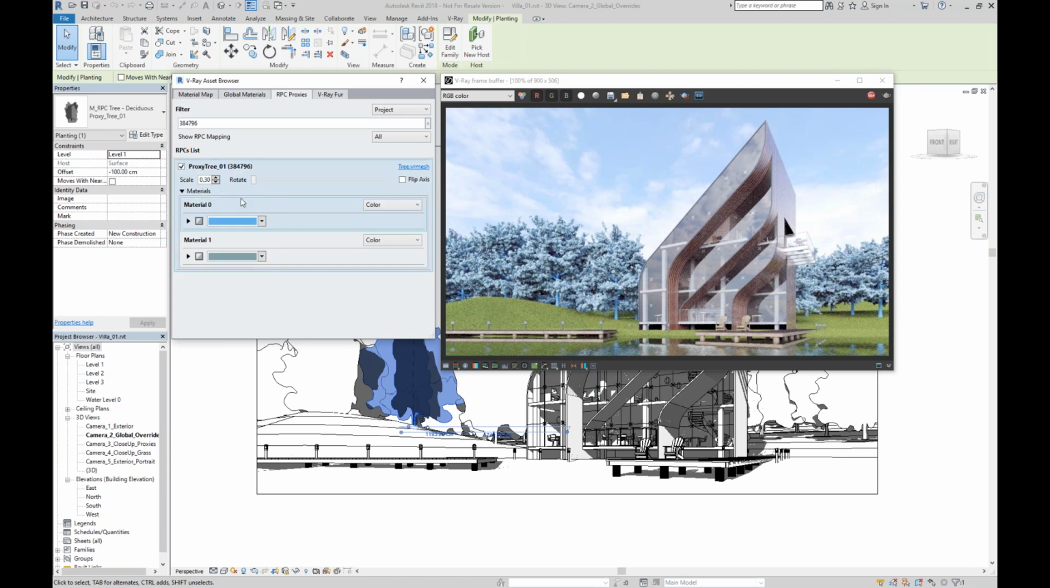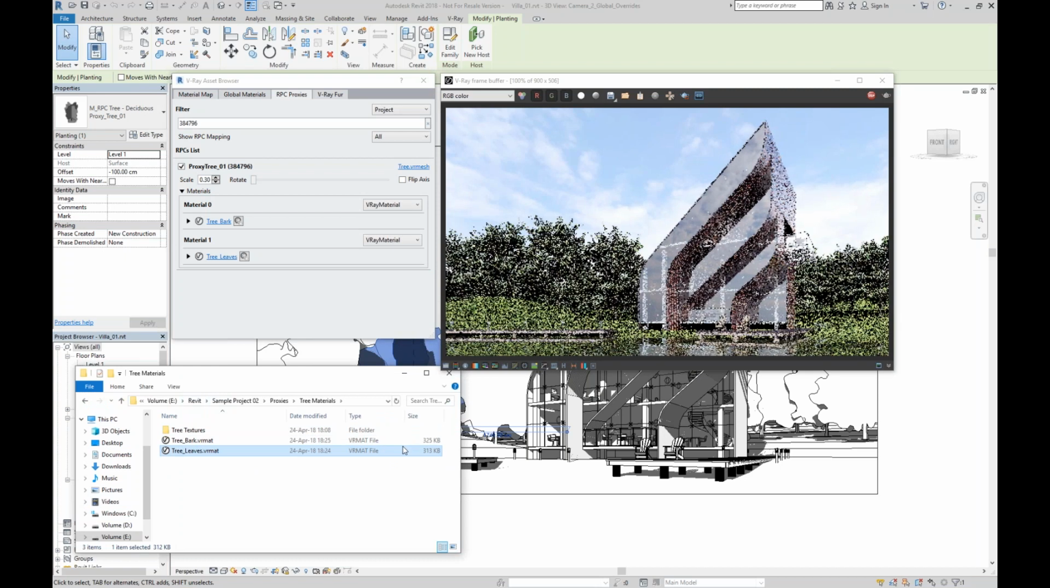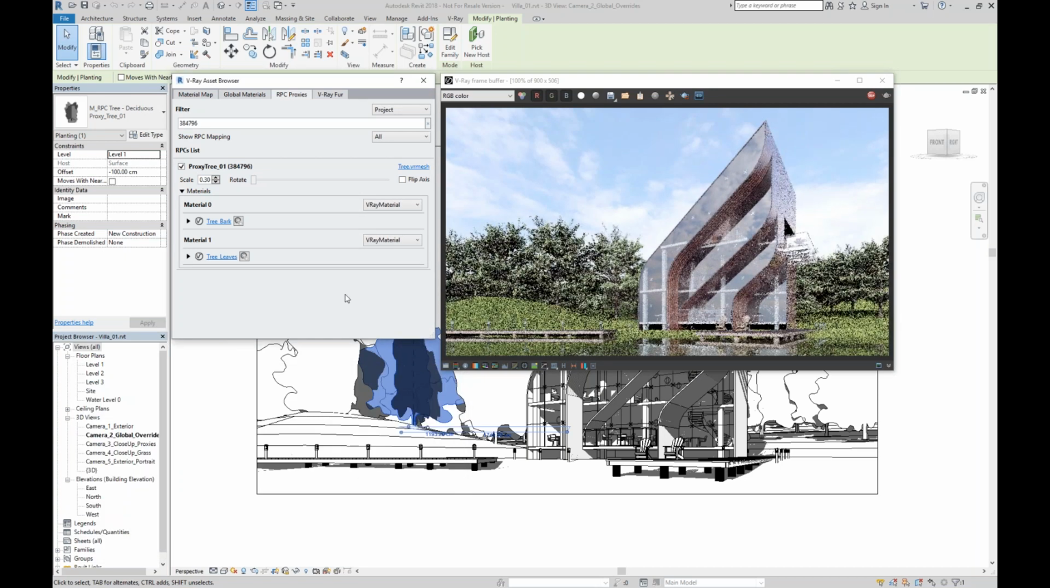The materials. The proxies initially come in colors. Those colors represent their material IDs. So I will now assign V-Ray materials to them via drag and drop. Okay, and